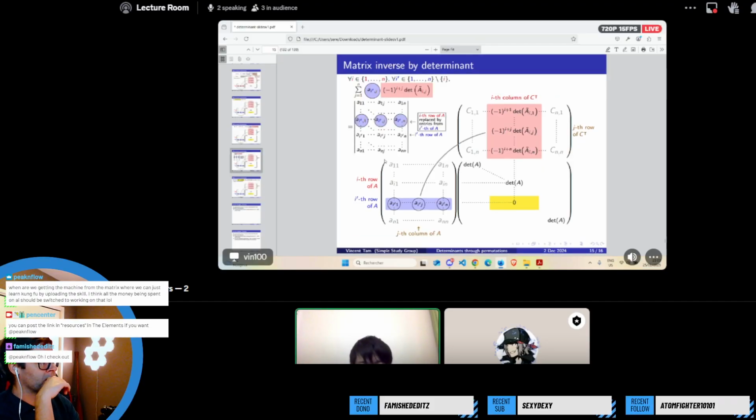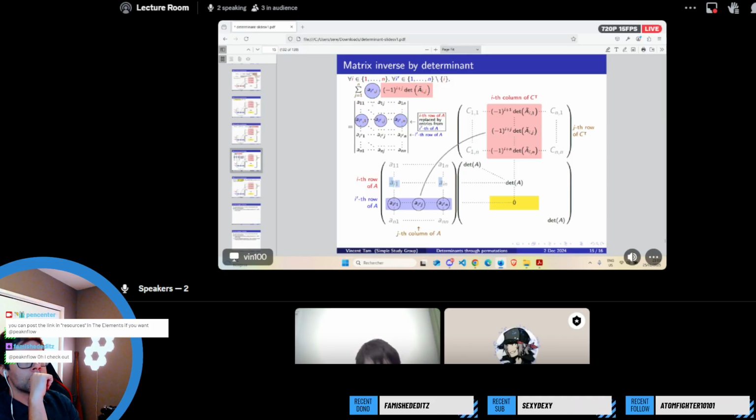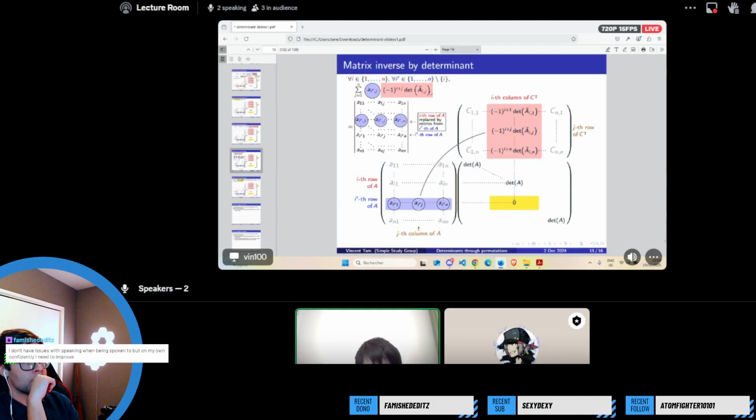Here this is 0 because actually we observe that this I dash 1 looks really like AI1. This I dash row, the entries look symbolically really like it. This I row. And then, what we are going to do in this sum is to observe that this is actually this determinant, the determinant of the original matrix A with the ith row replaced by the I dash row of A.